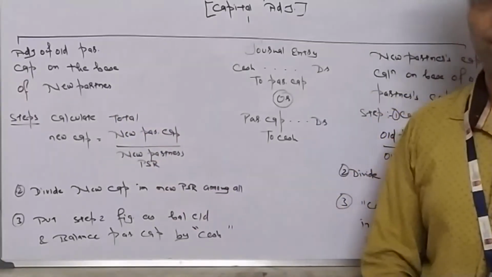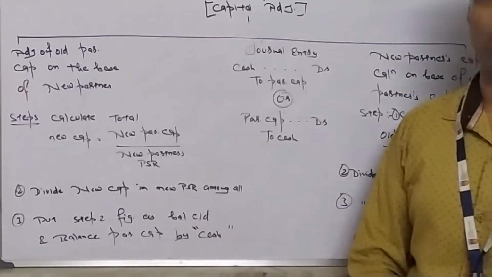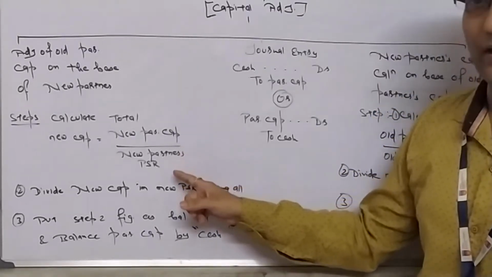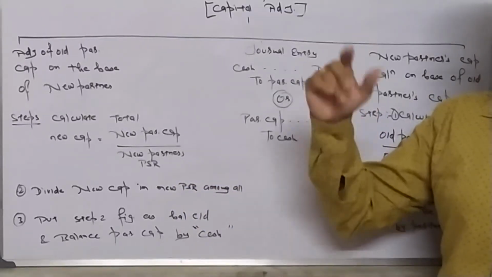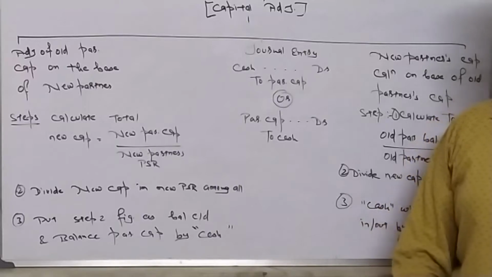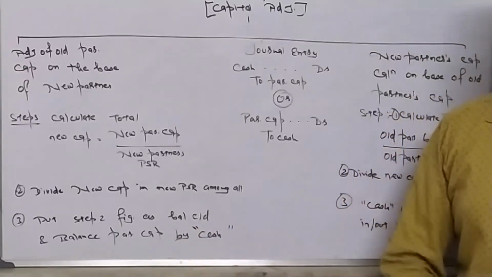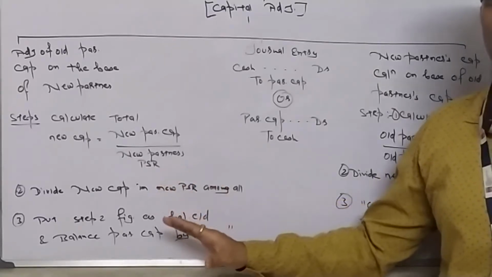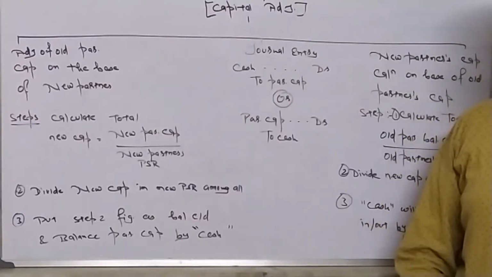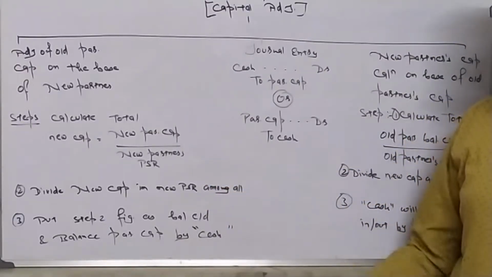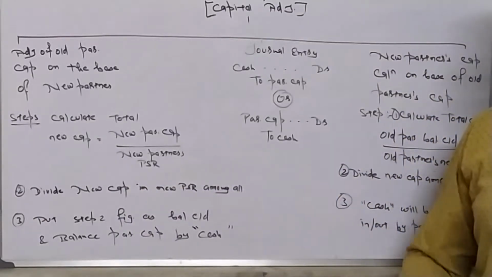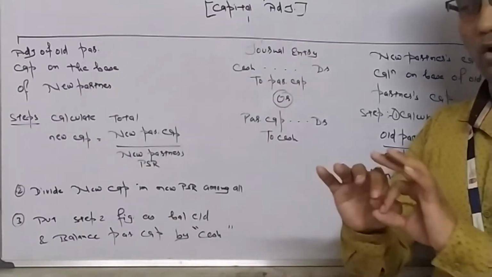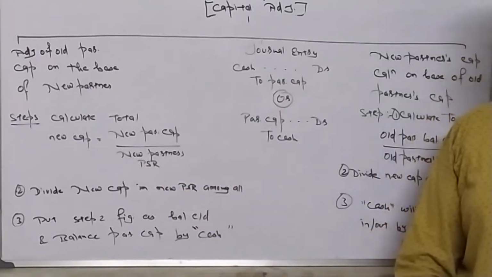we get total capital. Suppose he is bringing in 4 lakh as capital and 1 by 5th is his share. So 4 lakh divided by 1 by 5. That means 4 lakh into 5 by 1, which will be 20 lakhs. So now 20 lakhs become our new capital. Final capital. That 20 lakh is the total capital of the business. We need to divide it among all the partners. We will use new profit sharing ratio and we will divide that capital in all the partners, old plus new.